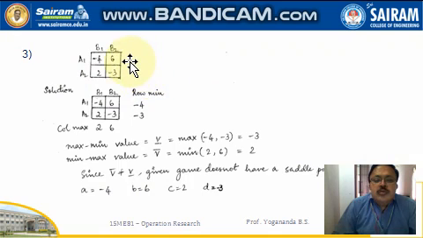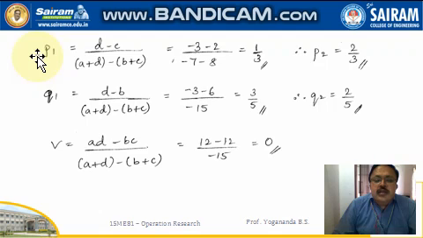So one more problem on a 2 by 2 game. So finding the row minimum and column maximum, finding the maximin and minimax values here. Since these two are different, we say that the given game does not have a saddle point. Now we take it as written in the form of A, B, C, D. So the values are written here.